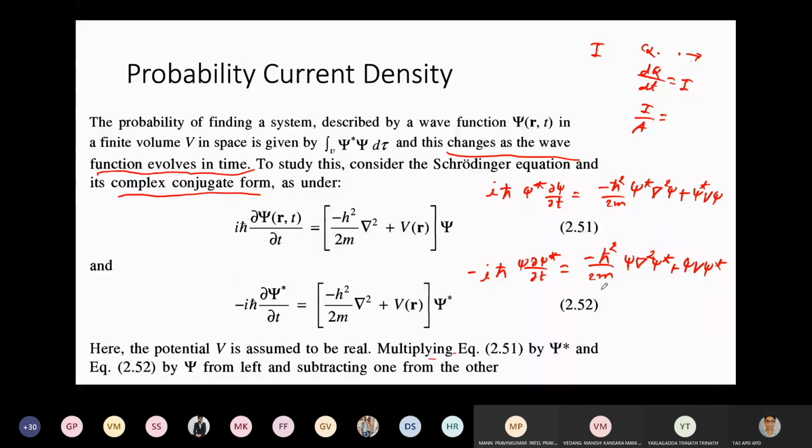All right, this is plus in between. Okay, so let us say we subtract one from another. Let us say equation 1 minus equation 2, this I will subtract, so this will become minus minus plus. This will be minus minus plus. Then I will take iħ common. So I have taken iħ common here.